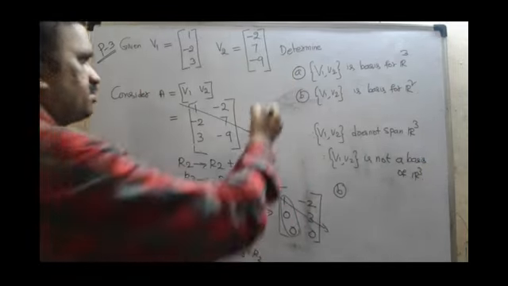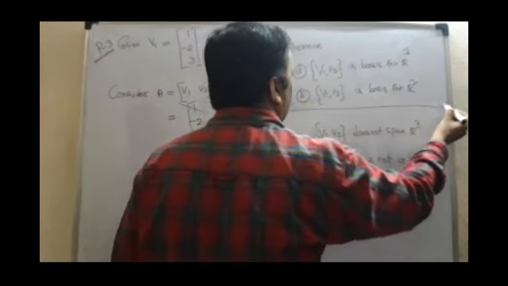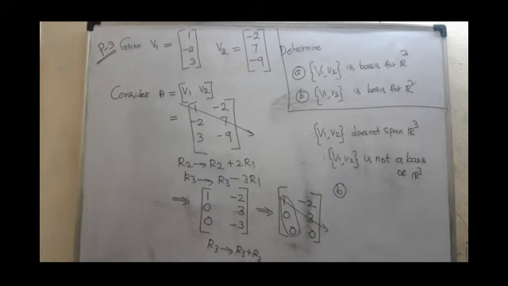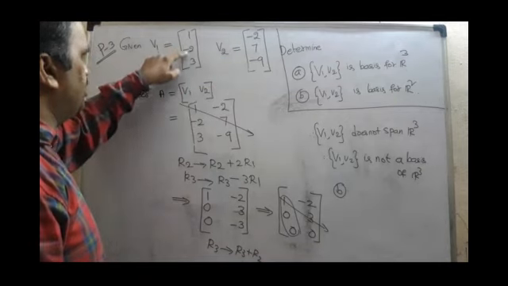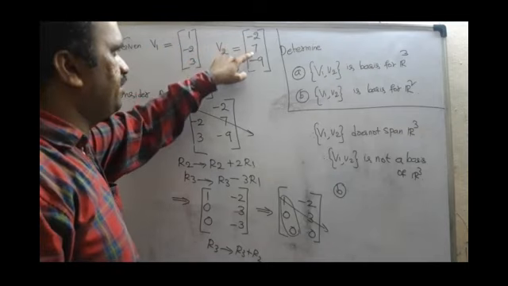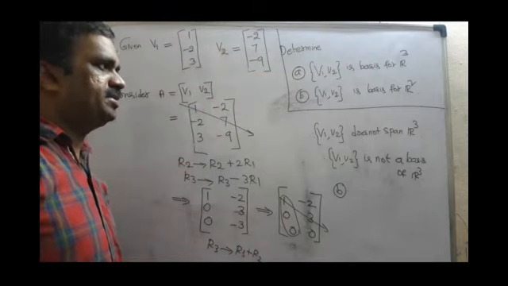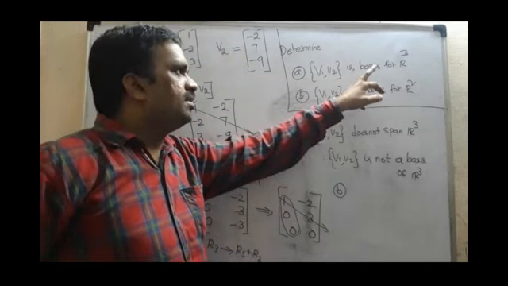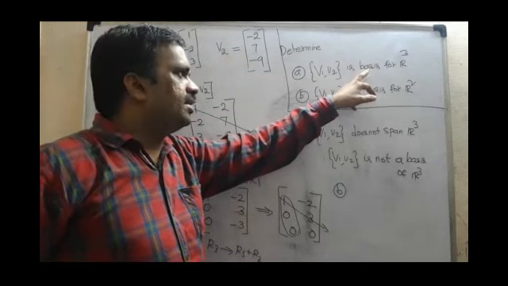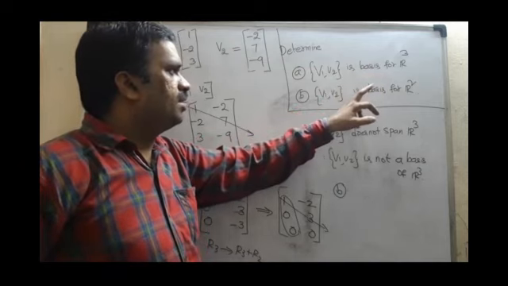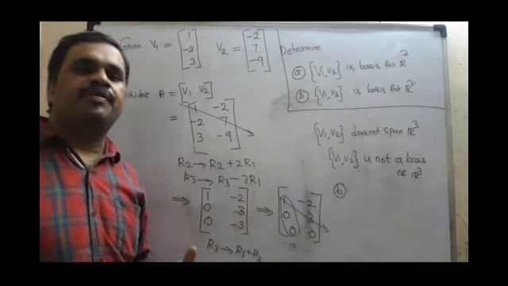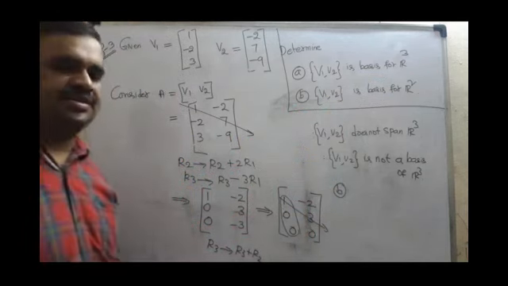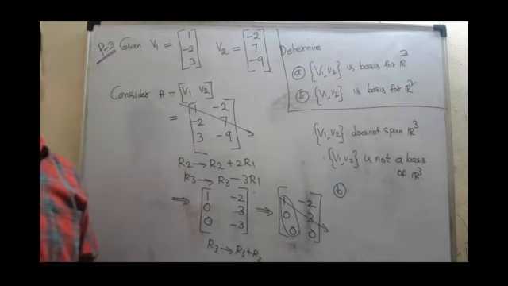Once again, see. Actually we have the question, two vectors are given, v1 and v2. v1 equal to 1, minus 2, 3, v2 equal to minus 2, 7, minus 9. Determine whether v1 v2 is a basis. In order to say it is a basis, we have to see linearly independent and span. Not only this, we can also check pivot columns.